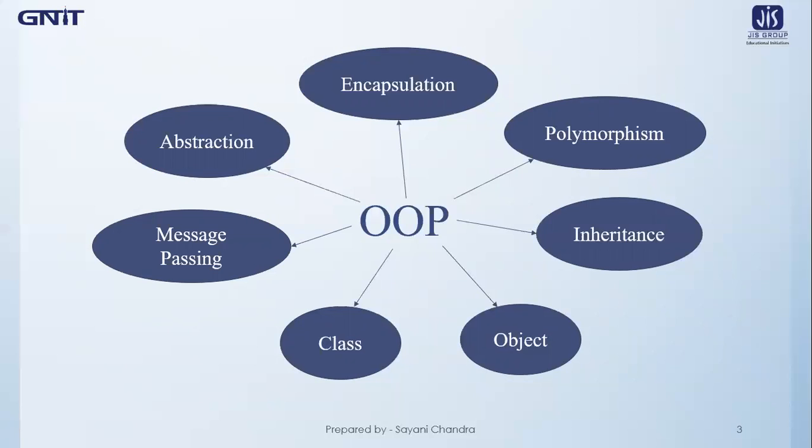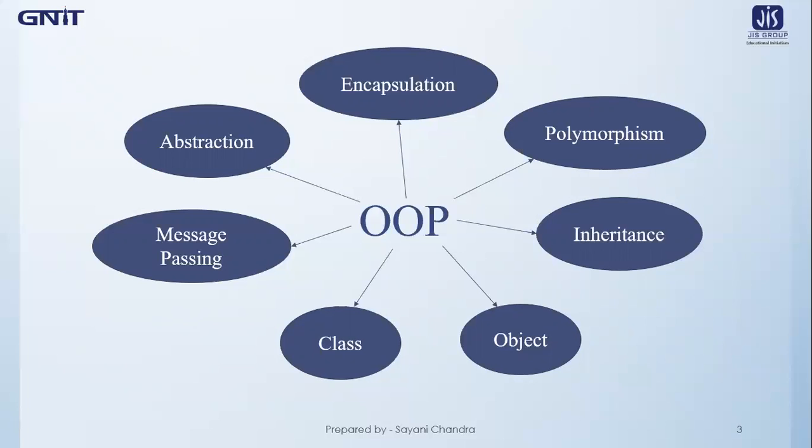How the objects will communicate with each other will be shown in later lectures, when I'll be teaching the exact programming language, which is Java. So as of now, the concept of message passing is that when two or more objects will be communicating with each other, some messages or information will be communicated in between them. So that concept is known as message passing.